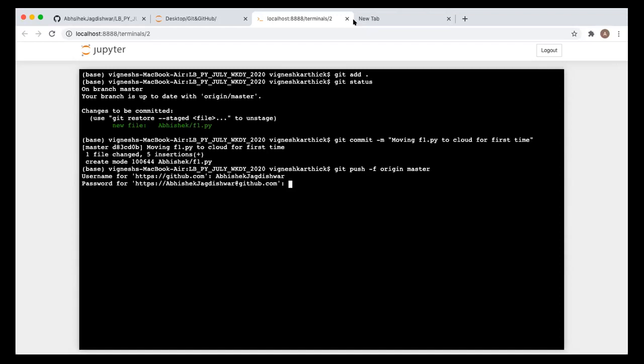Okay, so it should show this message. Finally, everything is done. Now, if I check git status, it should show on branch master the first message which we saw in the beginning: your branch is up to date, nothing to commit, working tree is clean. It means all the changes which you have made in the local repository have been moved to the cloud repository. If I check the ls command here, we have Abhishek folder, and in Abhishek folder, I'm having f1.py.